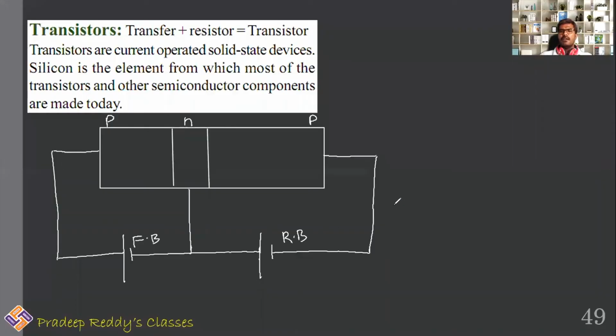Yeah, students, now let us see what happens when you are connecting a transistor with the 2 junctions, one in forward bias and the other one in reverse bias. So actually the transistor is configured to use as an amplifier.